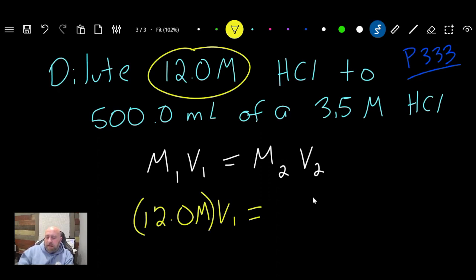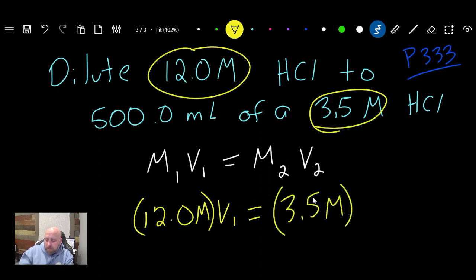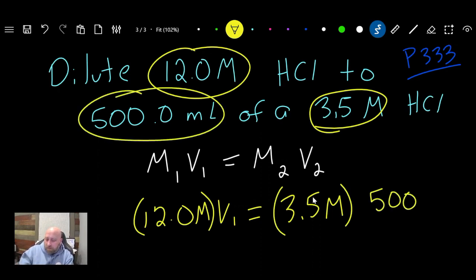And then the other side is mole 2. This is the mole 2. So 3.5 moles, we'll put that in parentheses, because this is an algebraic equation that we're building, times volume 2. What's volume 2? This guy right here, 500.0